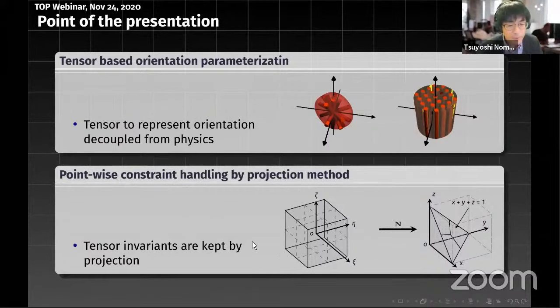Another point is that in order to use a tensor as a design variable, you have to consider many pointwise constraints. But I wanted to avoid that, so I remove those constraints by utilizing the projection method.